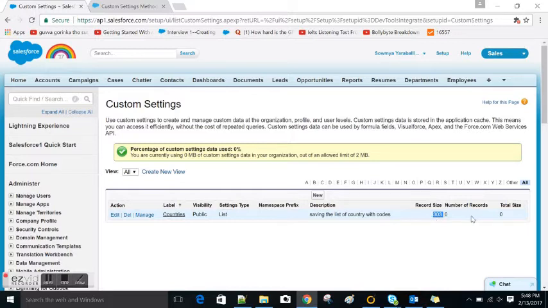So as it says, the limit on the number of records you can have is 303. For now, there are no records, so the size is 0. So I'll click on this one. You'll be able to see